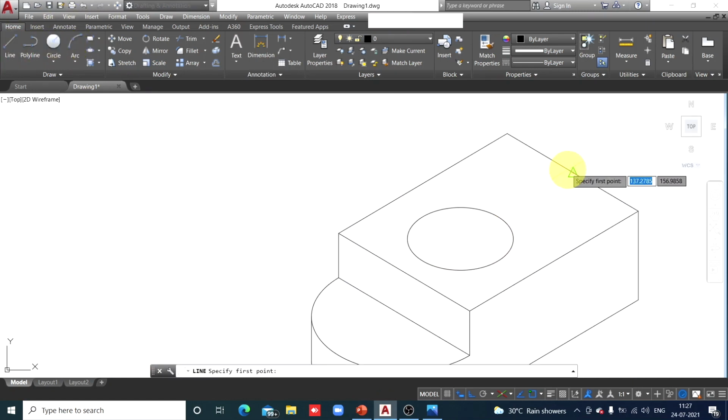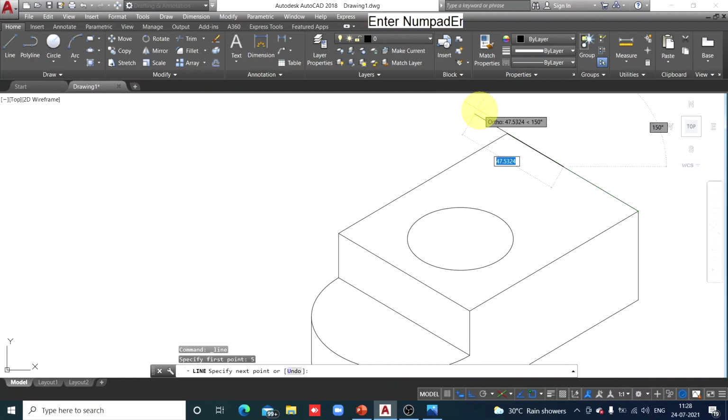Line. Here it is the midpoint. So 5 millimeters from the midpoint. When you type 5, be sure that the midpoint, that green triangle, is visible and the tracking line is visible. The tracking line suggests that you are measuring that 5 millimeter distance along that line, and the green triangle suggests that you are measuring the 5 millimeter distance from that green triangle, that is from the midpoint. So 5, enter. So now I'll draw a line parallel to length.